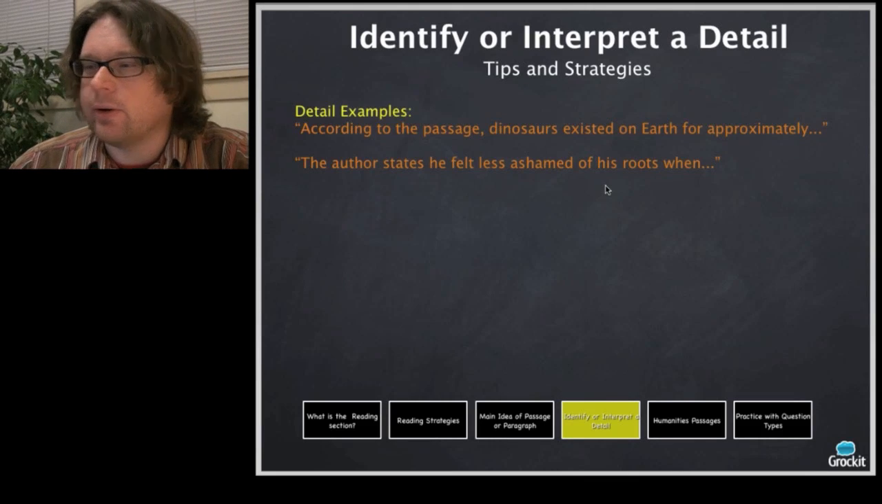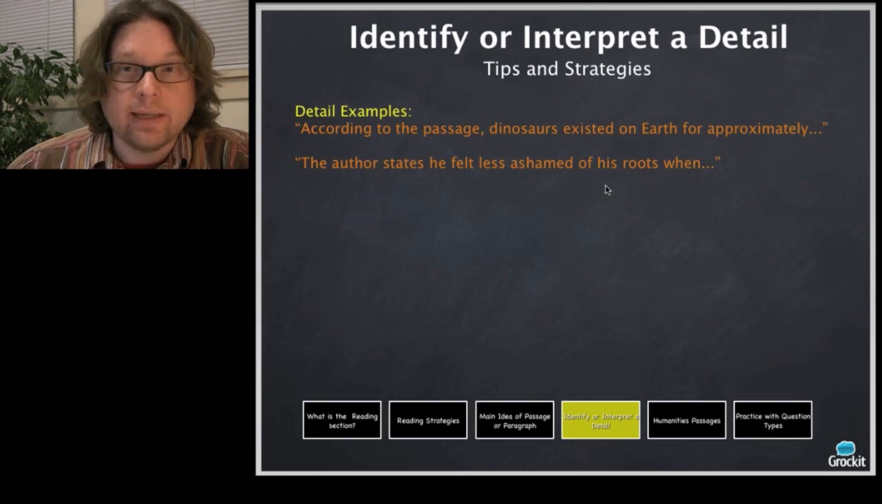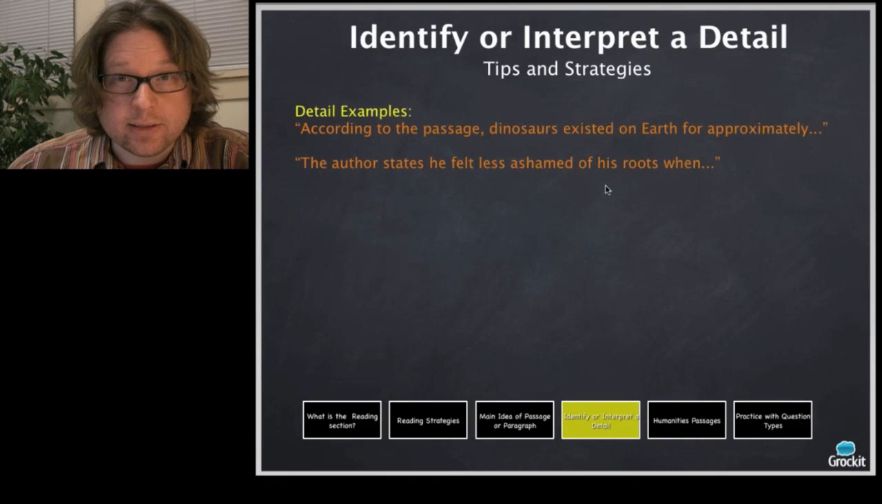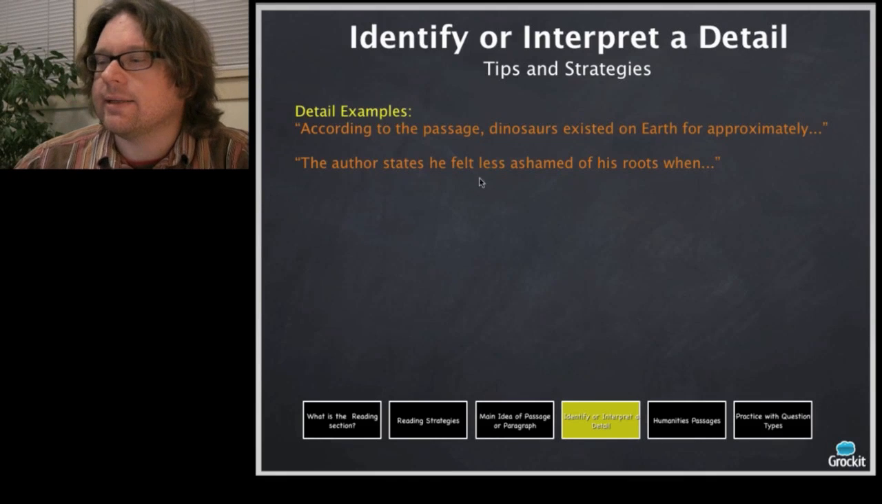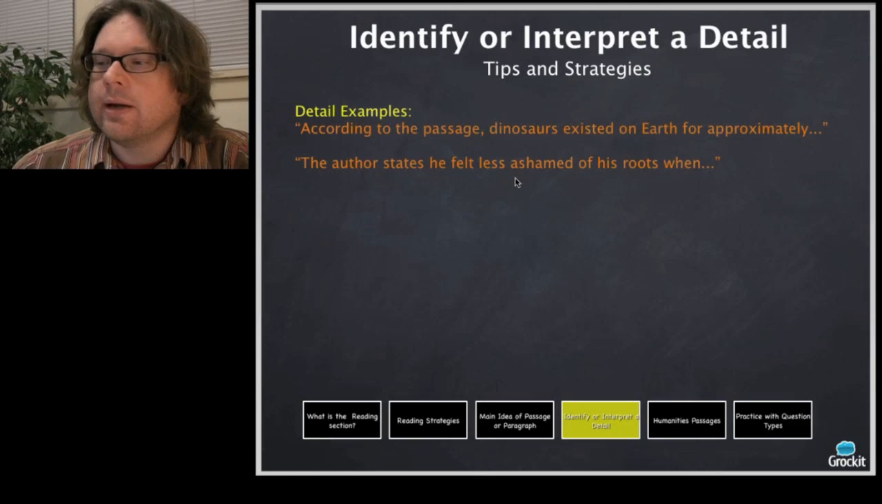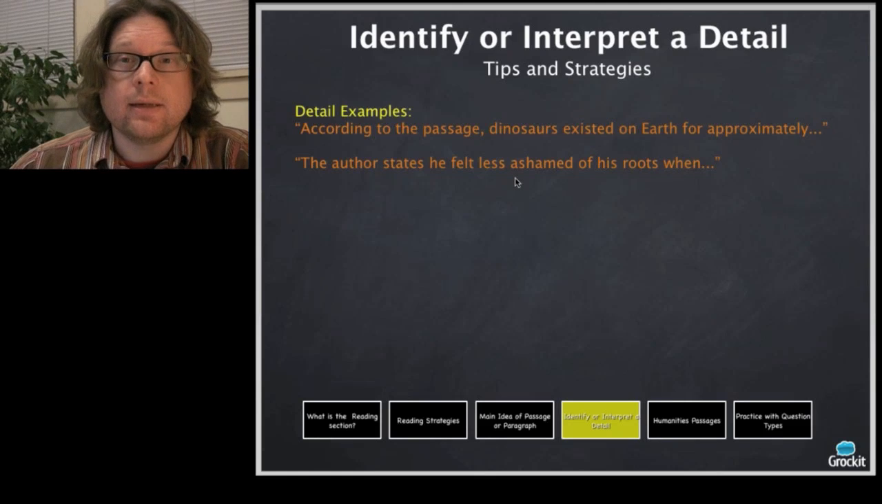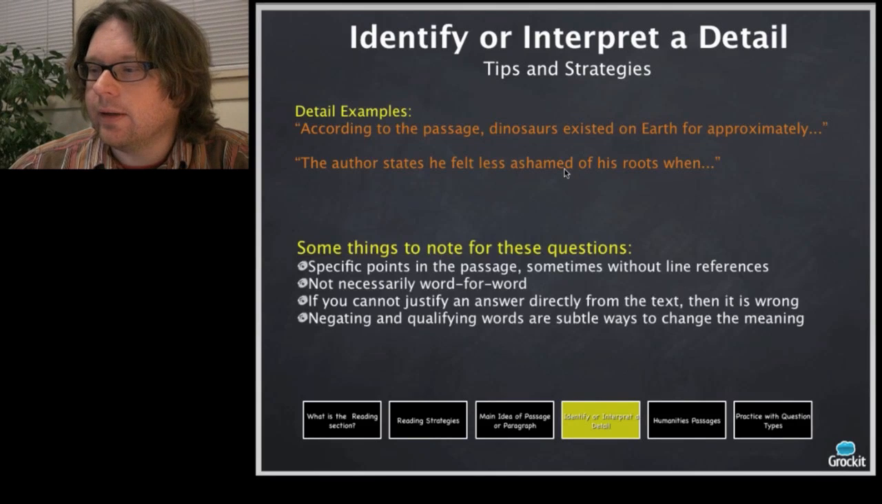"Dinosaurs existed on Earth for approximately..." and so you just have to go to the part of the passage where they talk about how long dinosaurs existed, find that number, select the answer choice that has that number, congratulate yourself on a job well done, and move on. Okay, and then "the author states he felt less ashamed of his roots when blah blah blah." We don't care about the second half there. The point there is "the author states." "States," "according to the passage," that's code for detail. So on these,